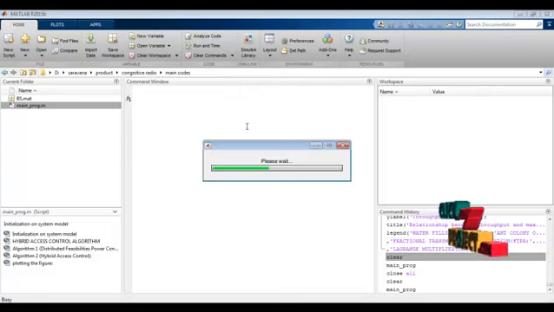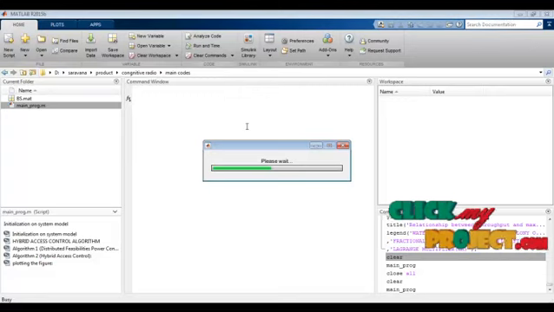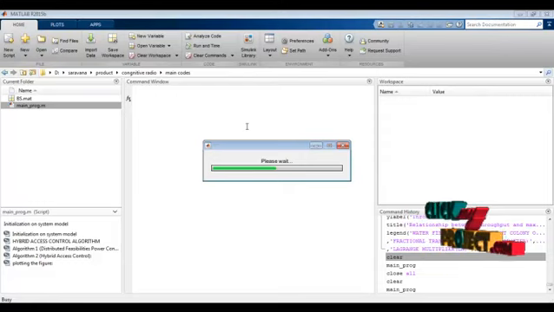It's completed 50 percent of our execution. It is still loading now.